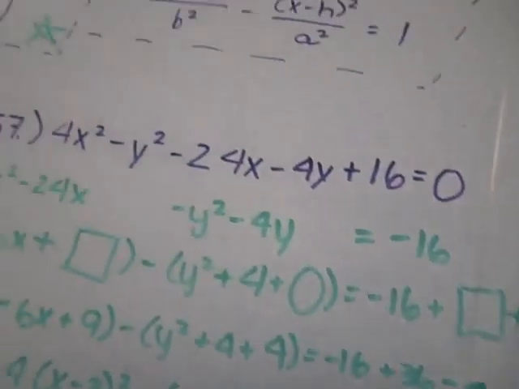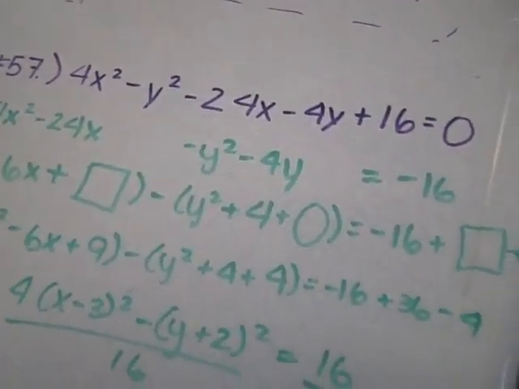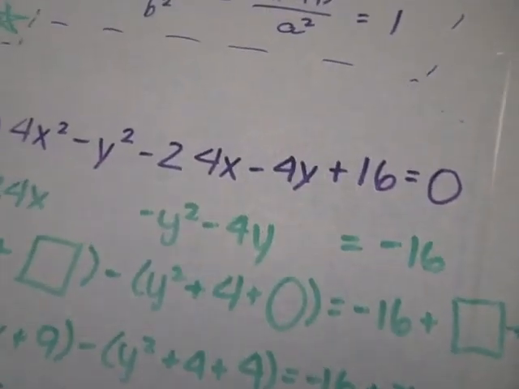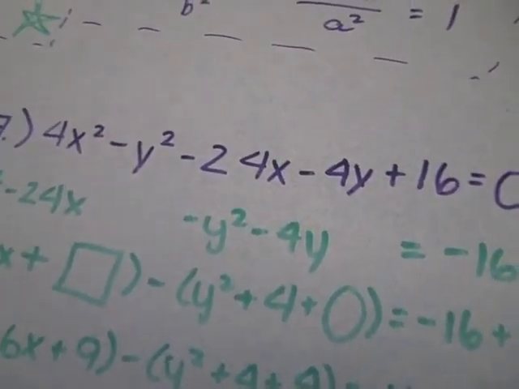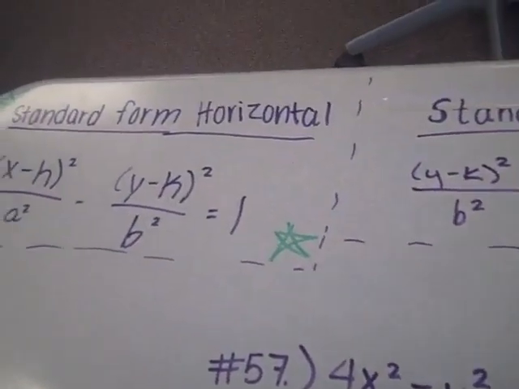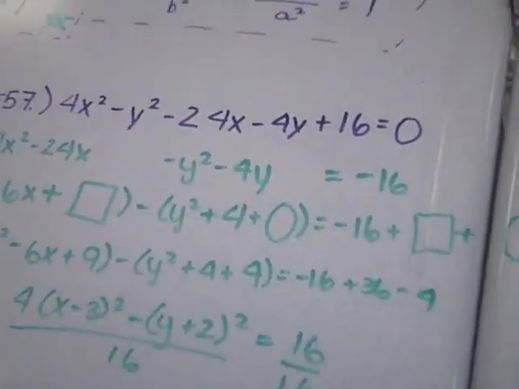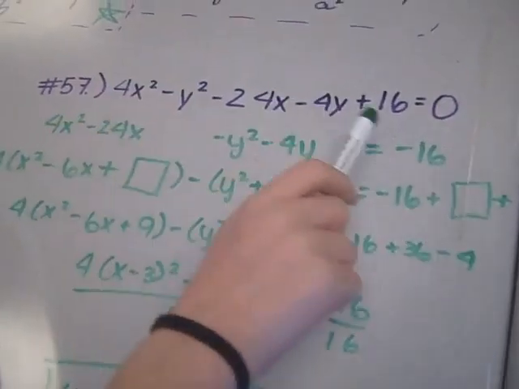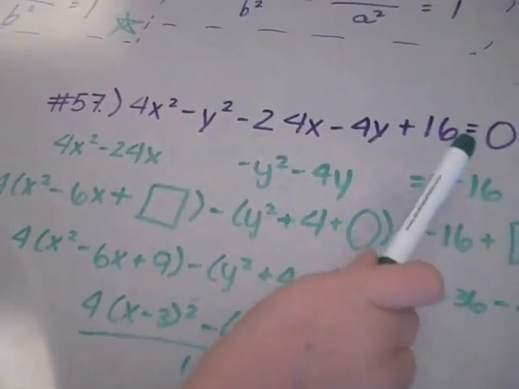and today we're going to do problem number 57. And it's a hyperbola problem, and we're going to use standard form horizontal since x is leading, and Katie will get you started. Alright, so this is the problem we started off with, and then you want to get similar